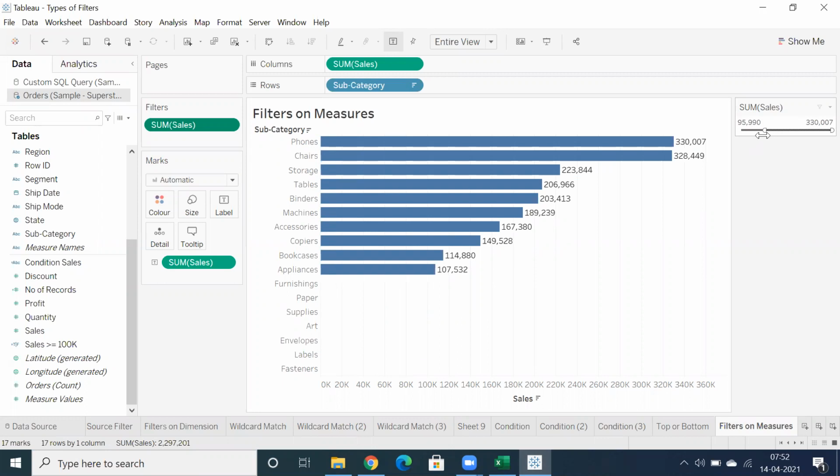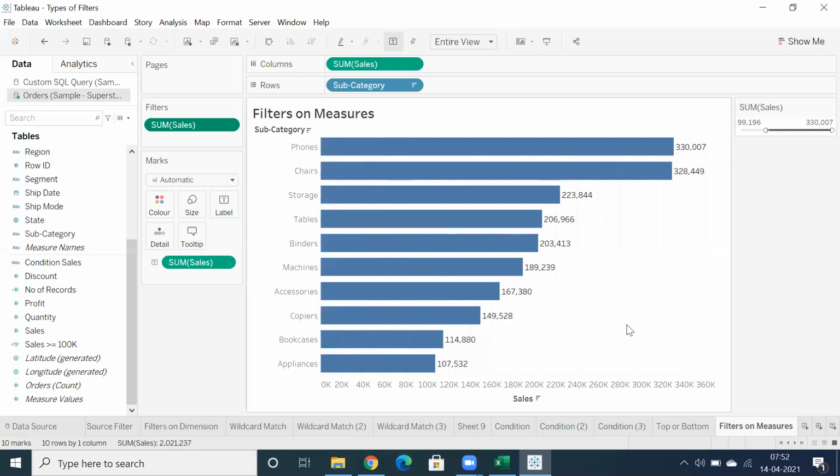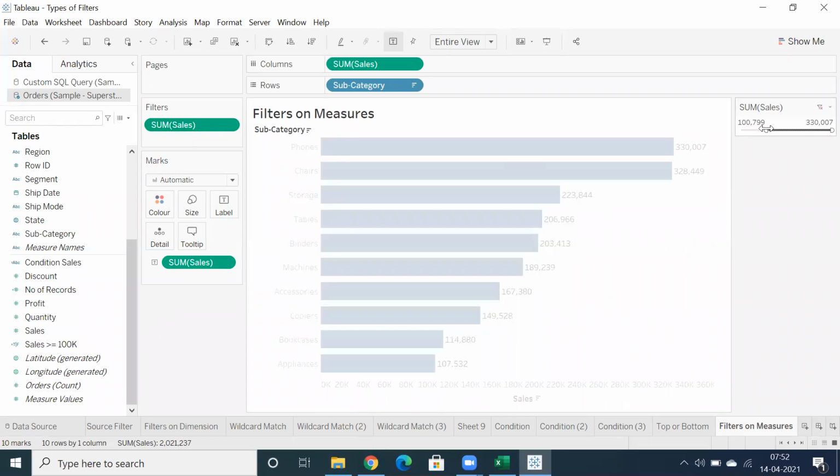Let's say I want to display more than 100k. As I said in the previous condition, if you want to display sales greater than 100k, this is the condition. But whenever you're using a slider, you're unable to fit an exact value. That's the only limitation we have.